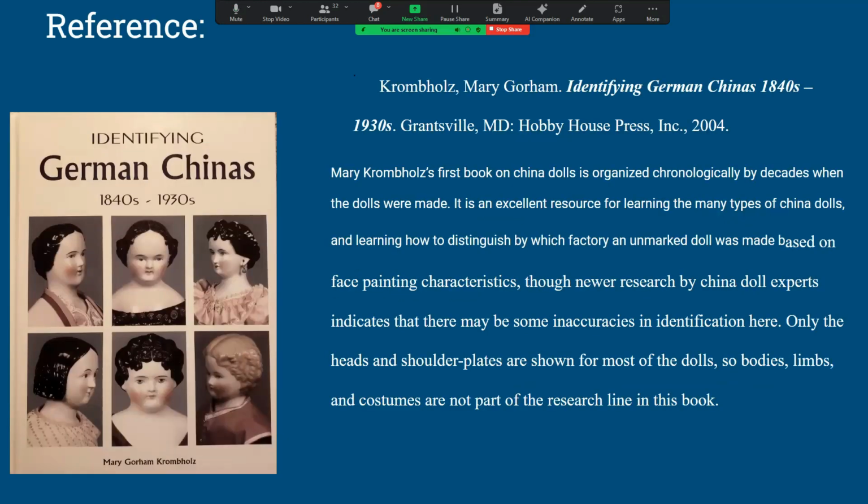Identifying German Chinas, 1840s to 1930s by Mary Gorham Crombolz. Mary's first book on China dolls is organized chronologically by decades when the dolls were made. It is an excellent resource for learning the many types of China dolls and learning how to distinguish by which factory an unmarked doll was made based on face painting characteristics, though newer research by